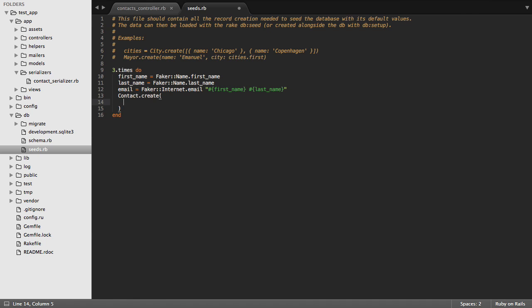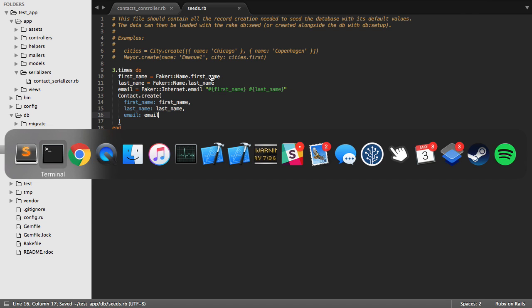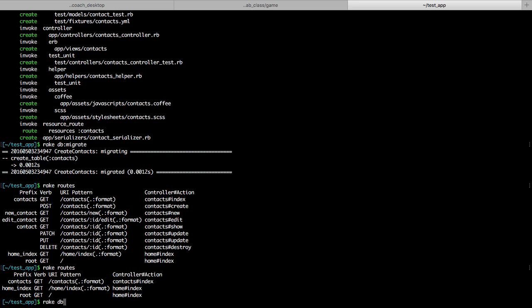So now I can just say that the first name for the contact is the first name, the last name is that last name variable, and the email is going to be that email variable. And so if I rake db:seed,